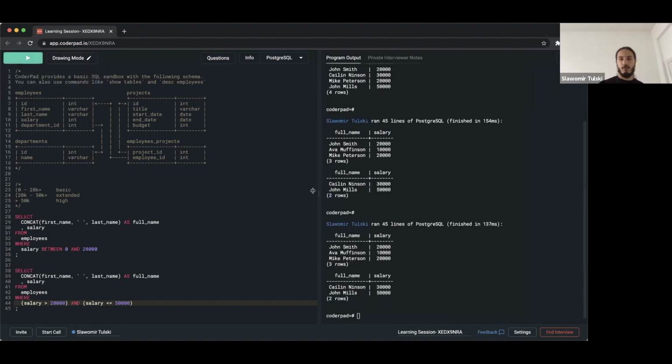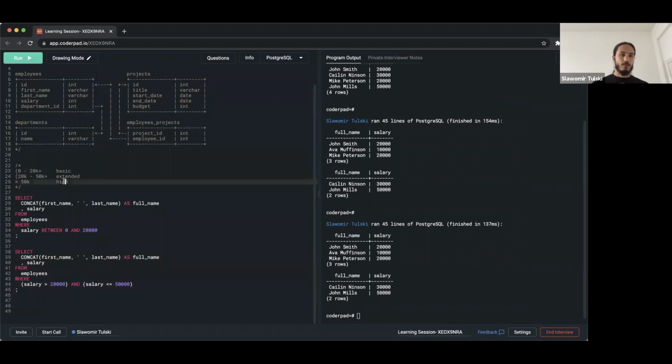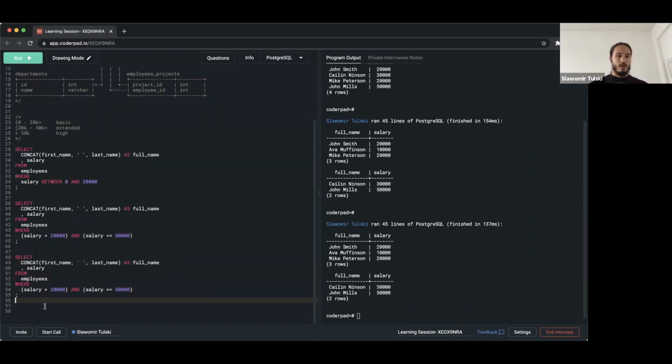So now it should give me exactly the same result. It should give me the Colin and John. There are no wrong rows here. So that was it. And the last query is going to be a simple one. We want the high band. Remember, we are still in those bands. We want salary bigger than